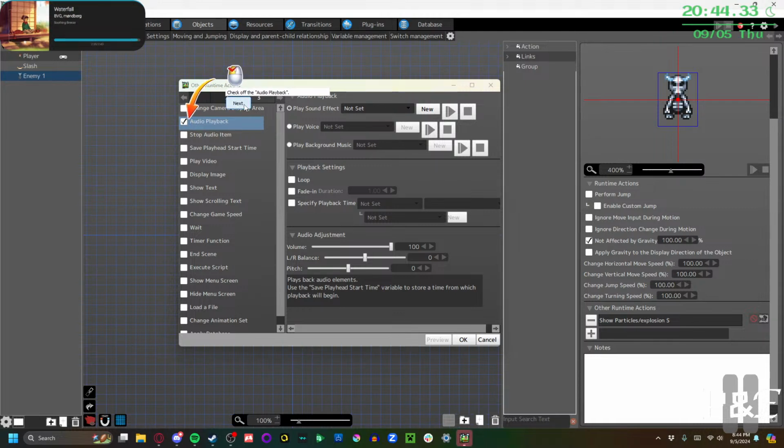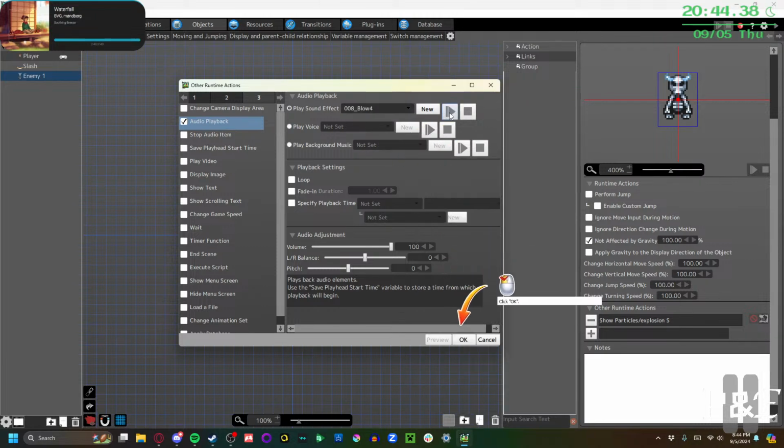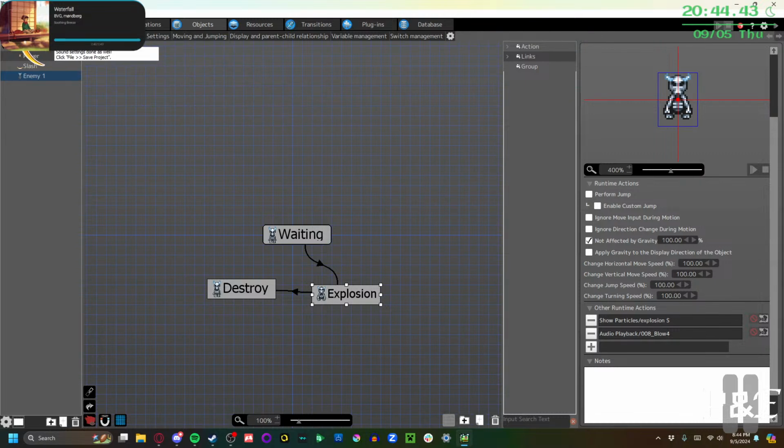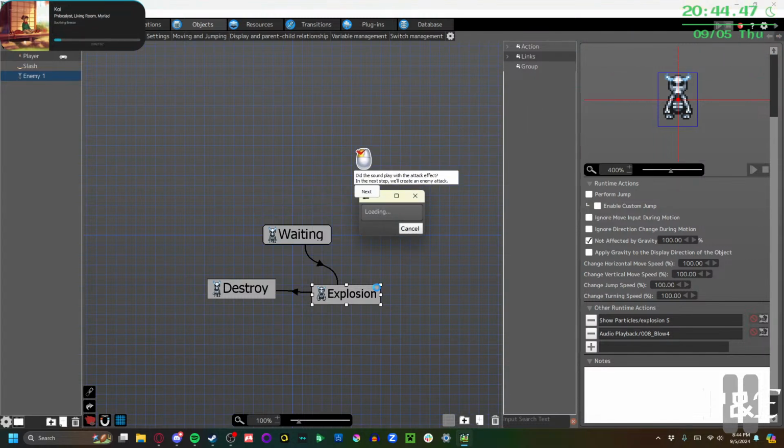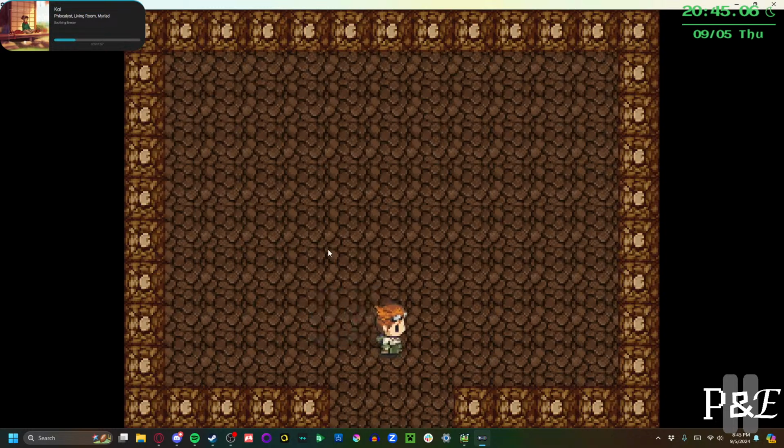Audio playback. Blow 4. Wait, I could fire diagonally this whole time? Well, either way it works. I'll zoom in and,